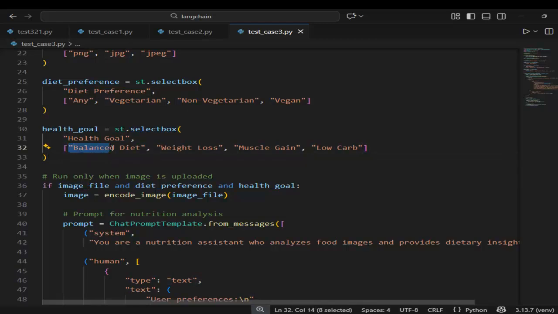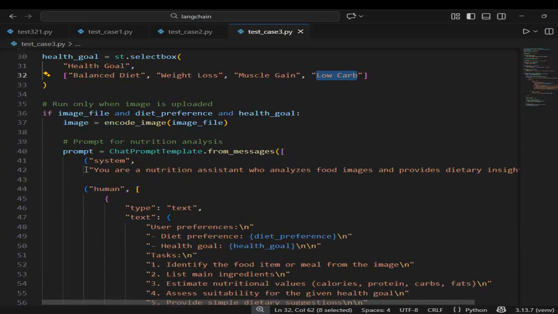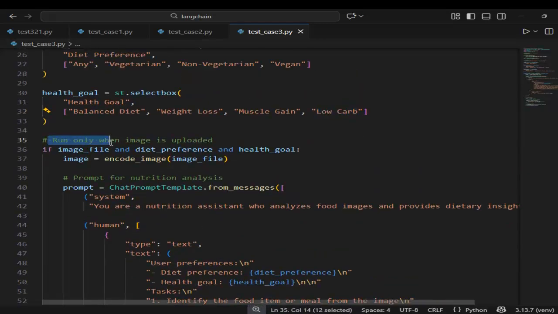You can see balanced diet, weight loss, muscle gain, and low carb. Now the inputs are related to health and diet goals. Now the input check runs only when an image is uploaded, and a diet preference and health goal are entered by the user.